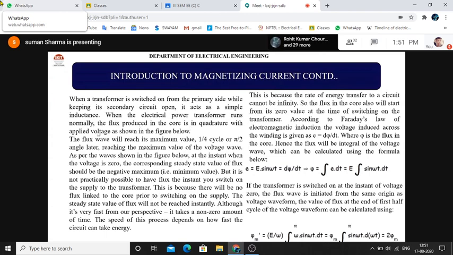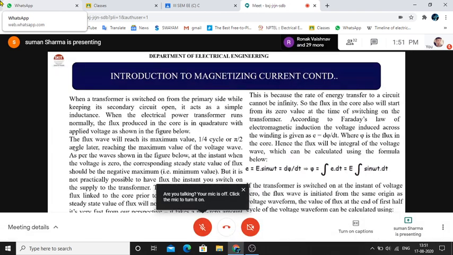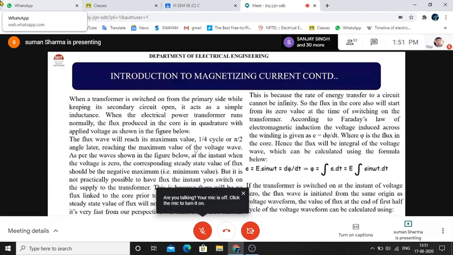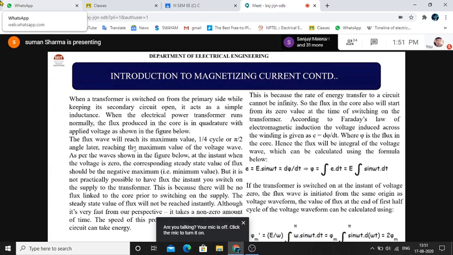The flux wave will reach its maximum value pi by 2 angle later, because it lags by pi by 2. If the voltage wave has its maximum at 90, when will the flux wave maximum come? At 180. As per the wave shown in the figure,